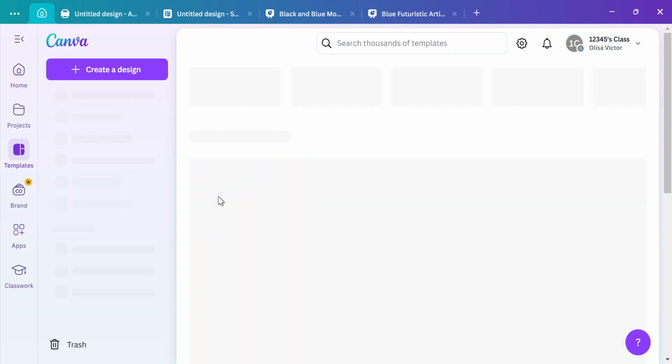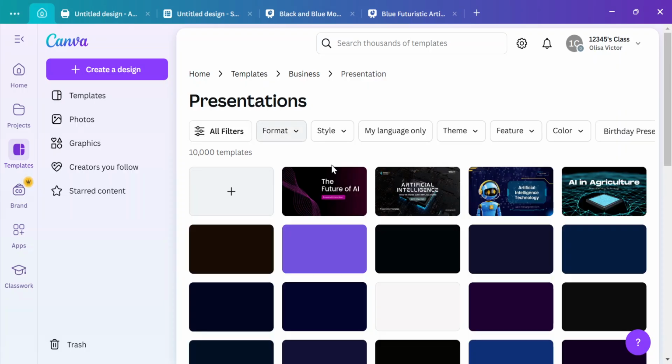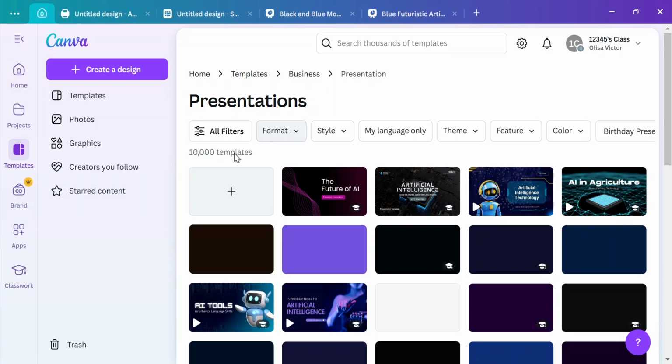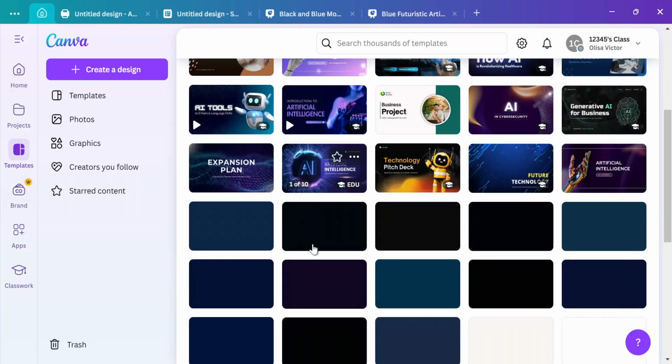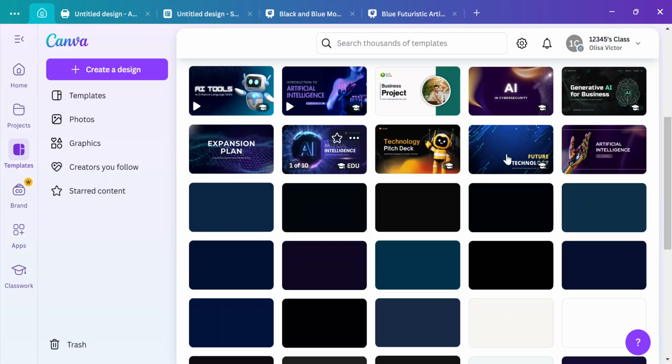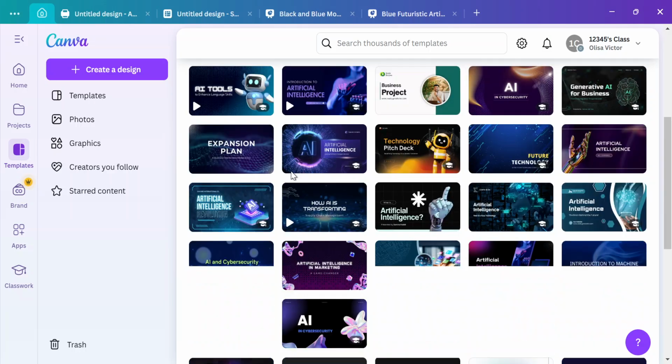So once you click on it, it should take you to a different page, and the next step would be to choose a template of choice. So you can see there are over 10,000 templates in this presentation category. So you can scroll down and choose any template to customize to be yours, and then let's assume we have